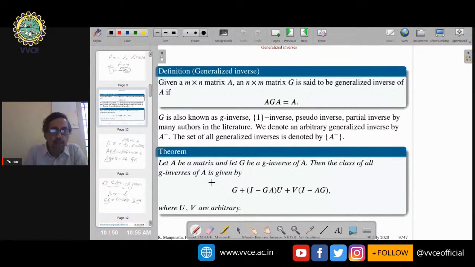And if matrix G is a generalized inverse of A, then what about its uniqueness? If A is invertible, then the generalized inverse cannot be more than one. Only one generalized inverse, that is the inverse. Otherwise, there could be infinitely many generalized inverses, as we find infinitely many solutions for Ax = b. That is given by